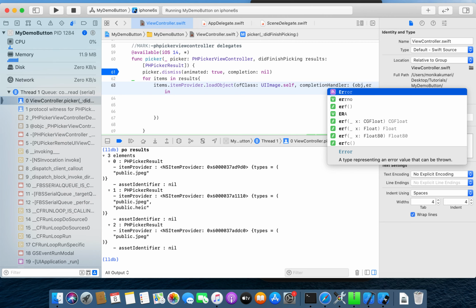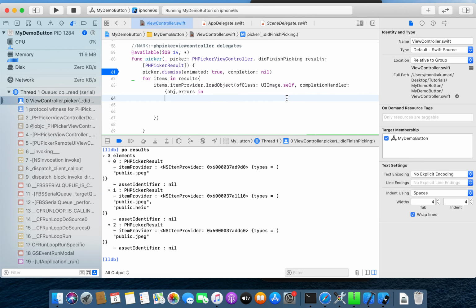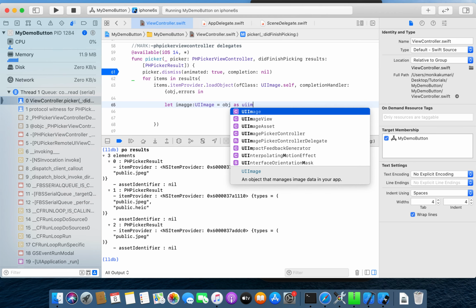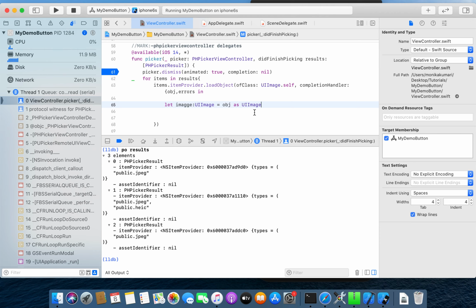So I will write error, object like this. So now this object is UIImage. So I will create a variable: let image: UIImage = object as UIImage. So I will get the image here.